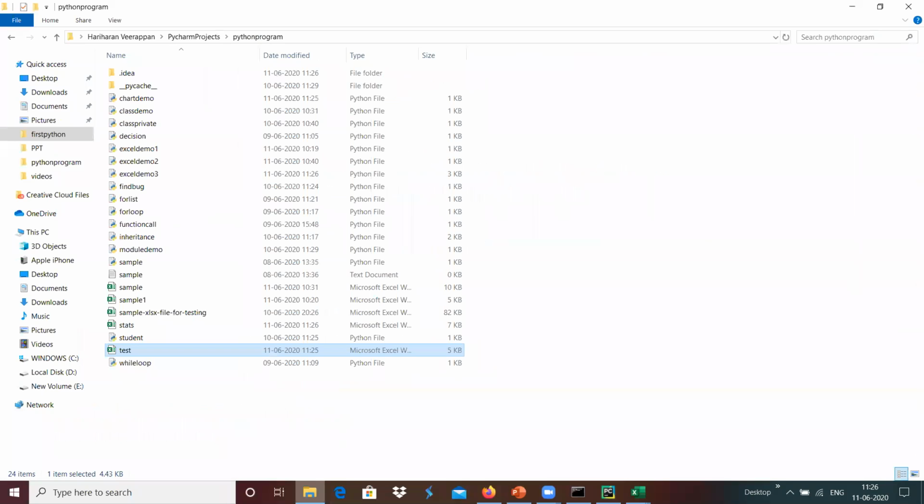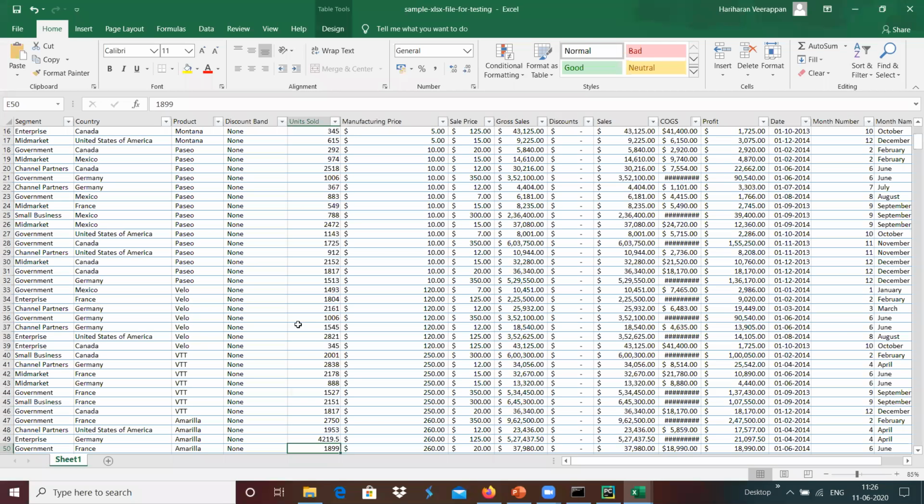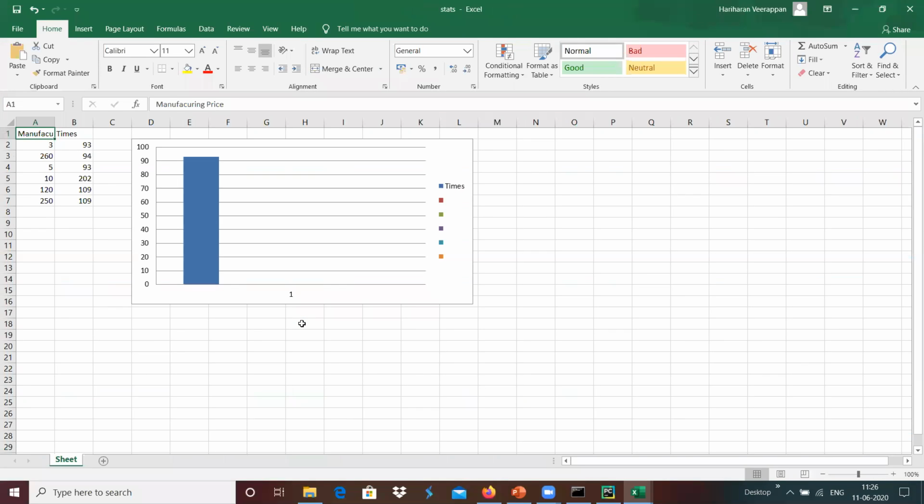Yeah, now we can see the stats. Here we have some information, something like a bar chart created at this location. But the thing is, here we have got the 3 at 93 times. That is the only one that got created.